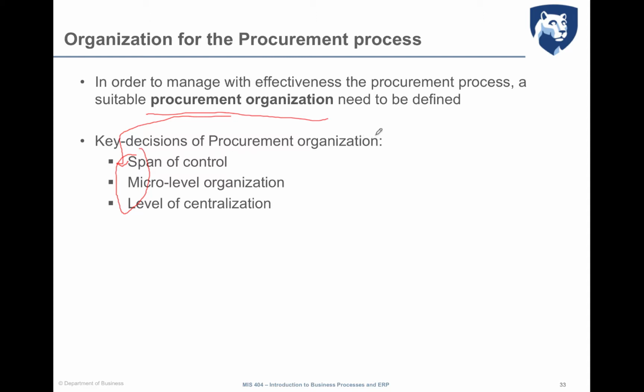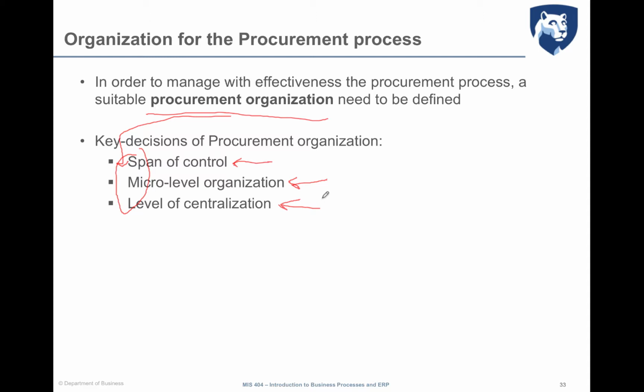variables related to the procurement organization, which are the span of control, meaning the type and the nature of the activities that are under the scope of the procurement department of the company, the micro level organization, meaning how the procurement resources are organized within the department, and the level of centralization, meaning how much the procurement activities are centralized in a single department, or how much they are decentralized to single procurement offices, or other procurement functions which are